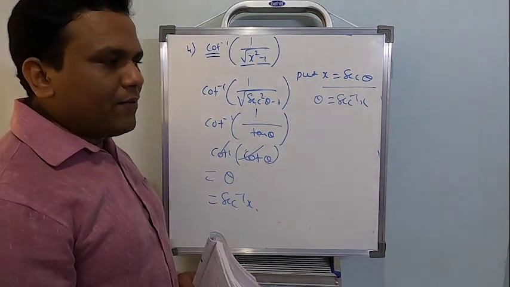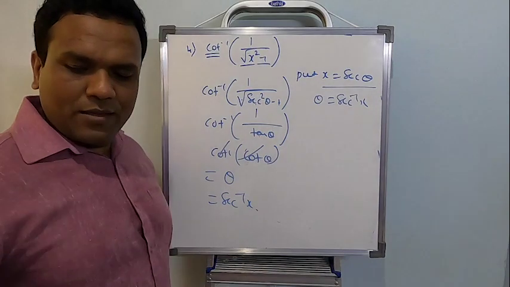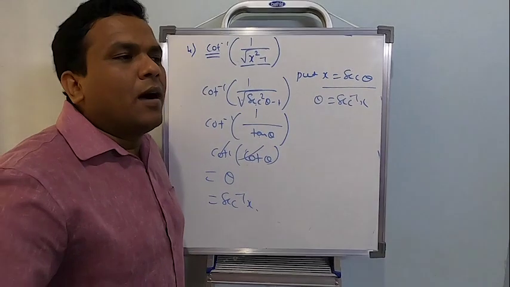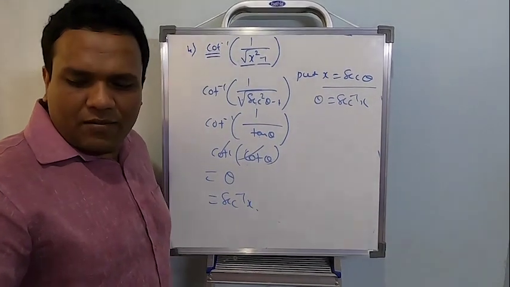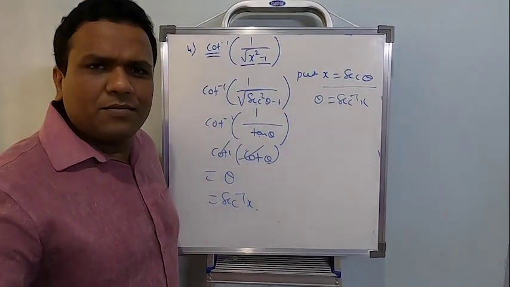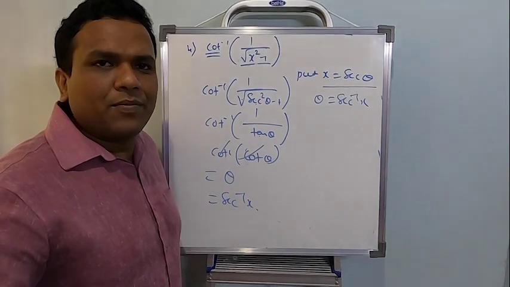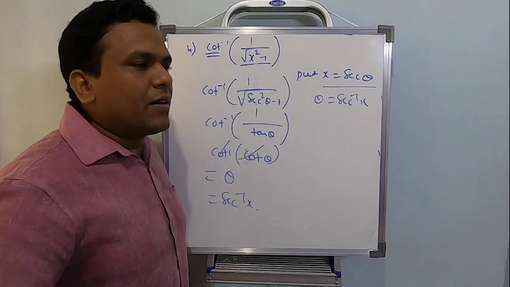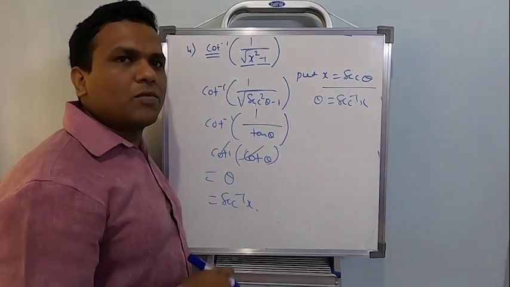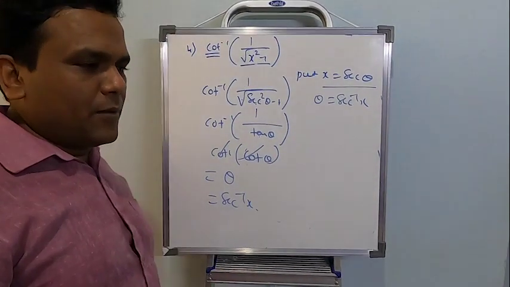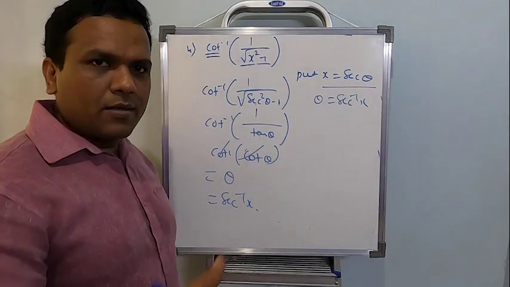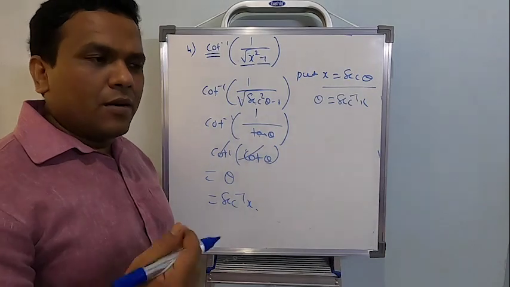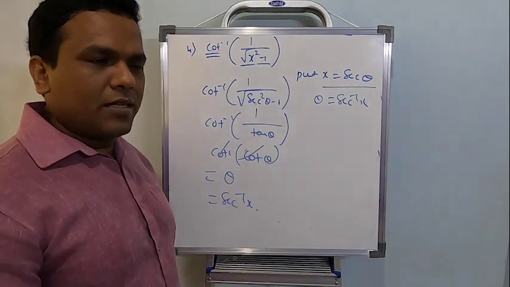Everybody will feel easy. Only thing is, you should know your first year trigonometry formulas and whatever the formulas for inverse trigonometry we have done. So if you know these two things, then things will go on very easily. So just keep practicing, and whenever you're practicing the problems from inverse trigonometry, I expect if you don't remember everything, at least just keep a sheet of the first year trigonometry formulas next to you. Whenever a formula comes, you can just refer to the sheet and learn it.